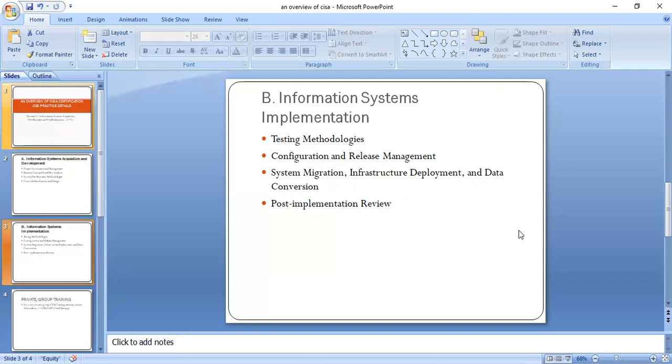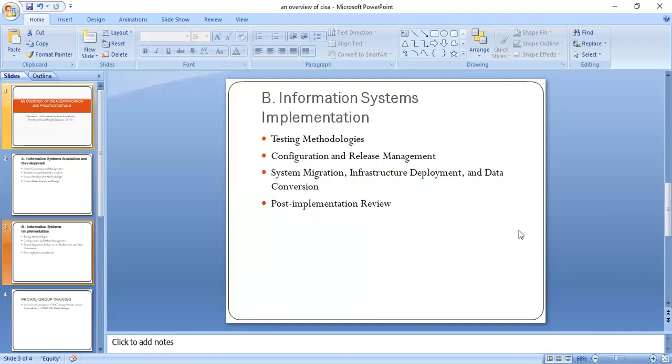Major release, there are drastic changes in the initial version, so you come up with a new version. Emergency release, where there are emergencies and the programmers need to do an immediate update on the application, which means controls might be suspended. So after everything has stabilized, auditors and control people have to reassess the entire system.